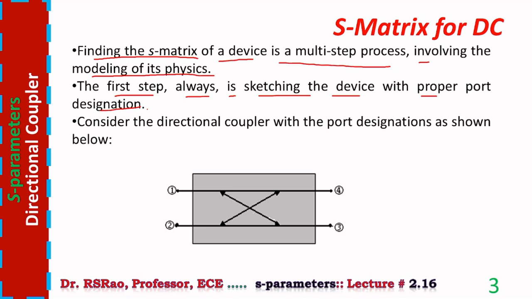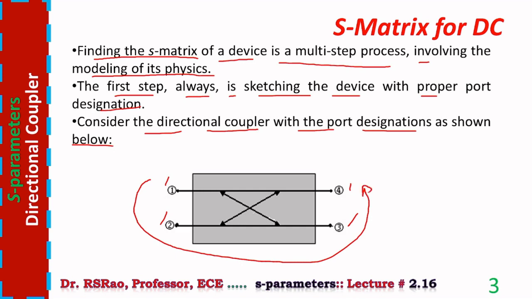This is the case for any device. The device can be E-plane tee, it can be H-plane tee, it can be a directional coupler, it can be magic T. Irrespective of the device, S matrix is dependent upon port numbering. The starting point is considering a directional coupler with certain port numbering. Consider directional coupler with the port designations as shown below. 1, 2, 3, 4. Notice here anti-clockwise numbering